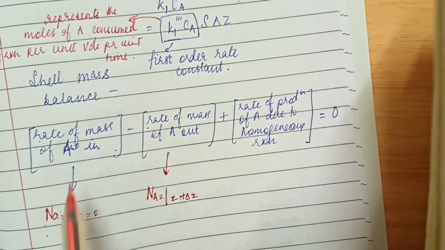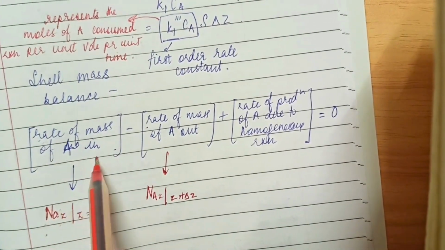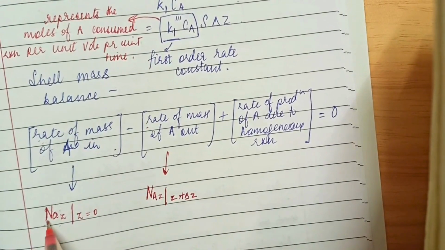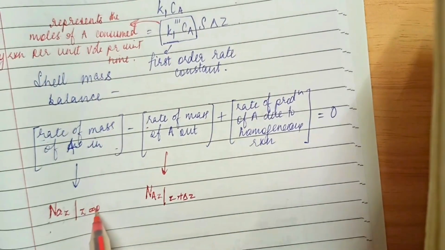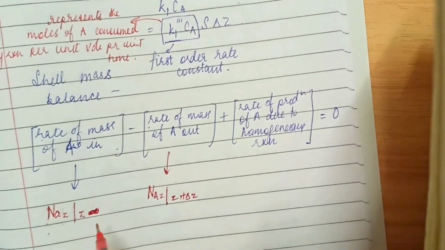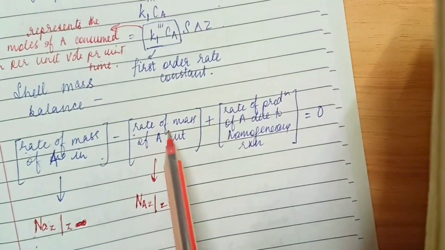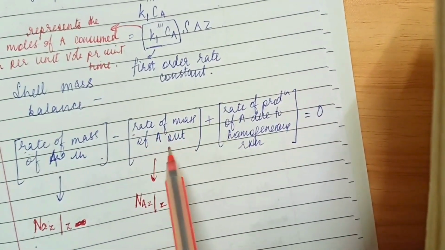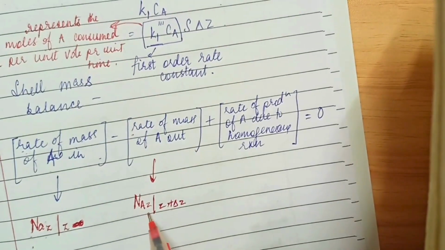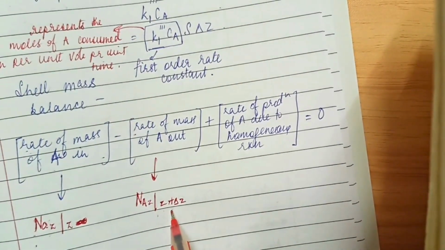This NAZ, that is the rate of mass of A in the system, is at Z, not at Z is equal to 0. So the rate of mass of A out is NAZ at Z is equal to Z plus delta Z,